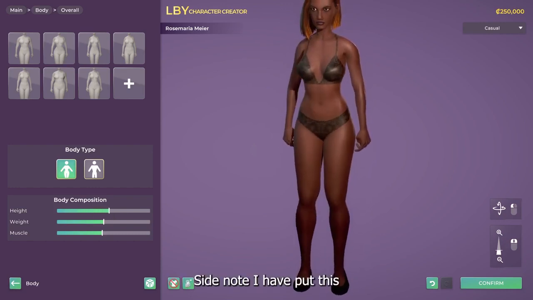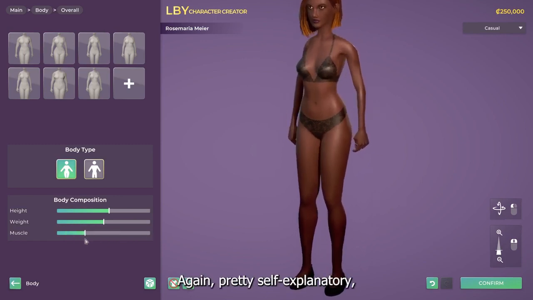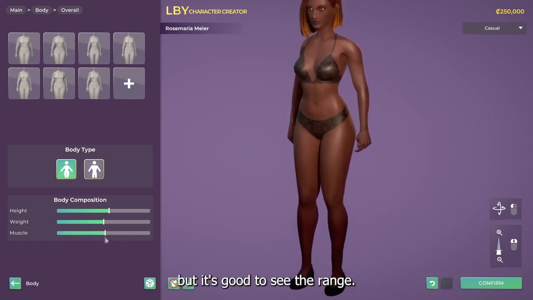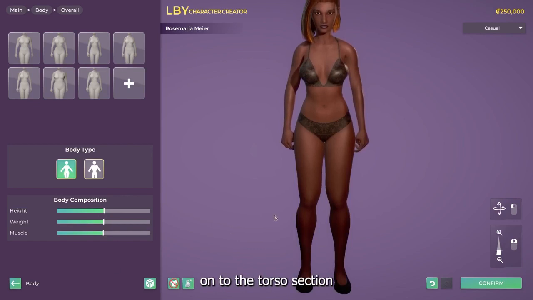Side note, I have put this human in their underwear so this is easier to see, but you can do this fully clothed, of course. Now let me show you the muscle sliders real quick. Again, pretty self-explanatory, but it's good to see the range. Now let me reset those back to what they were,